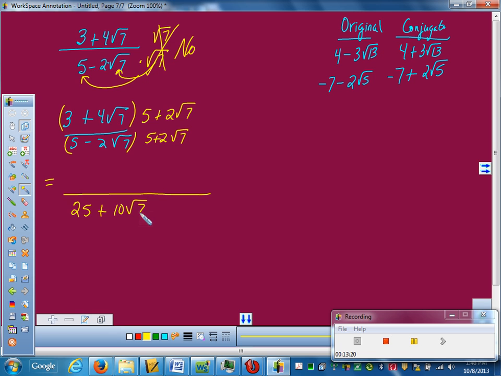Positive 10 square root of 7. Now, inside, you got the 5 times the negative 2 square root of 7, minus 10 square root of 7. Times last. 2 square root of 7 times 2 square root of 7. Okay, it is going to be a negative 4. And square root of 7 times itself